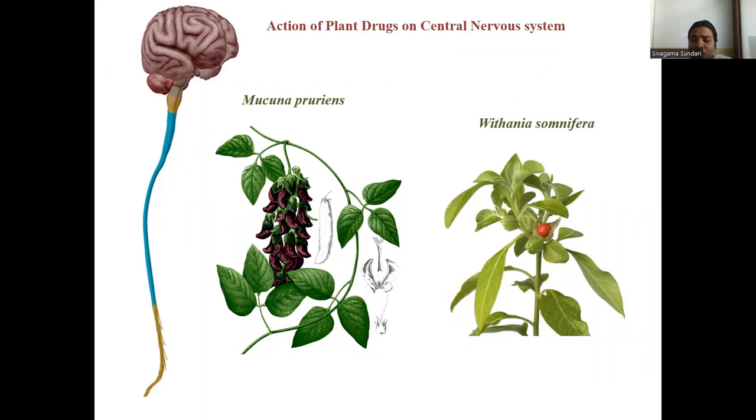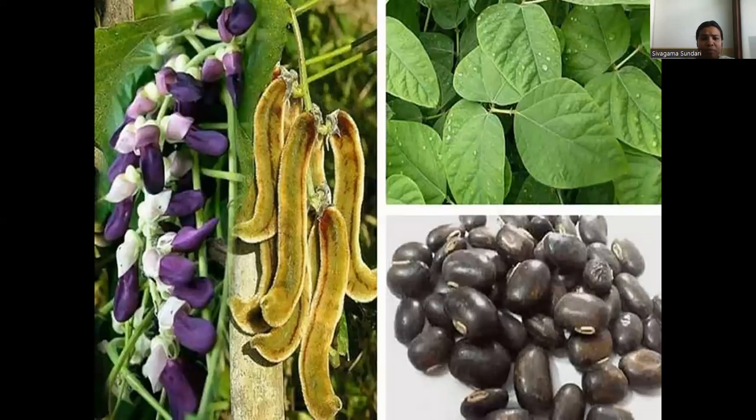Withania somnifera we will cover in another video. In this video, we are going to talk only about the Mucuna pruriens seed pod, and how it is useful to treat Parkinson's disease in the autonomic nervous system. This is how the plant looks. It is a climber, a Leguminosae plant, and it has clusters of beans. Cluster bean is also another name.